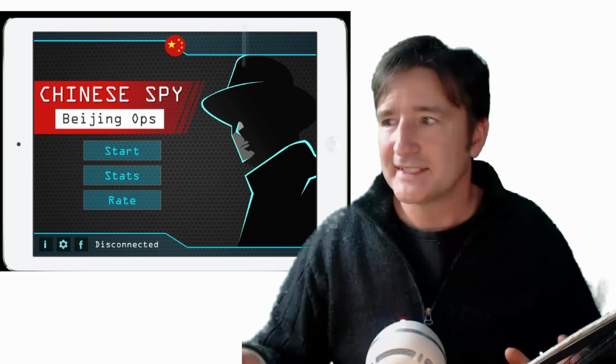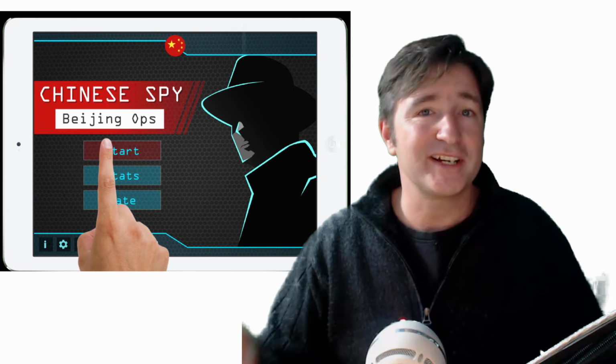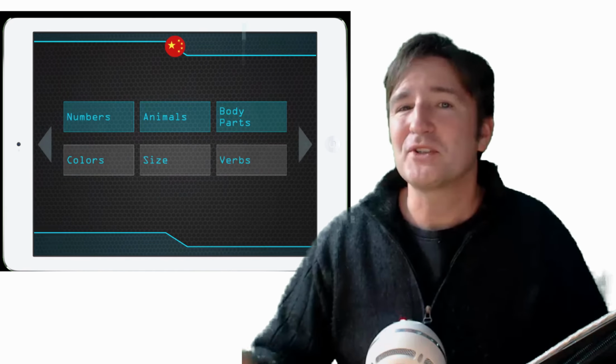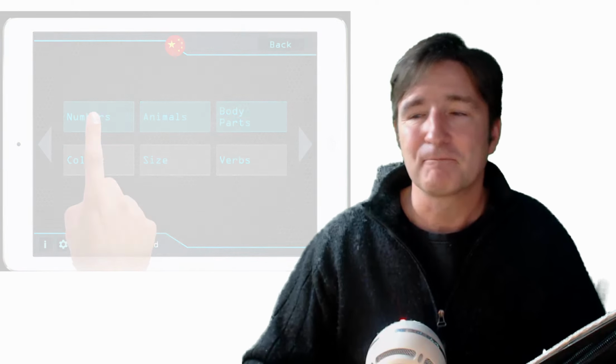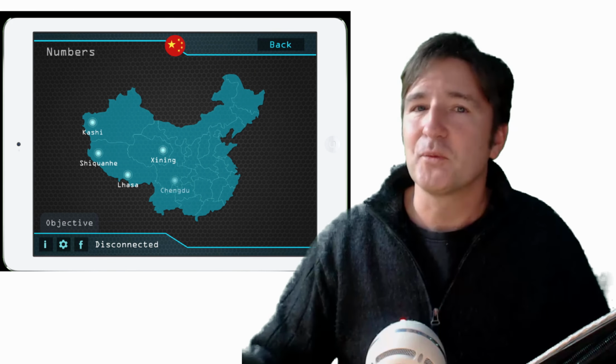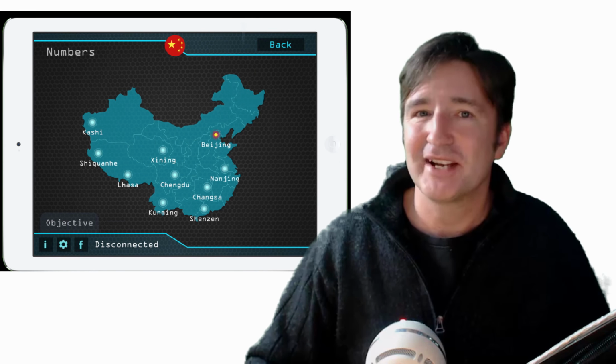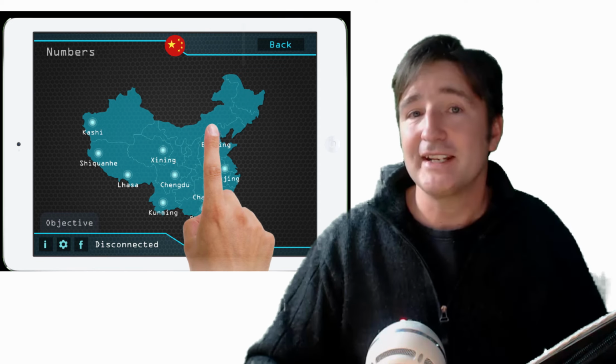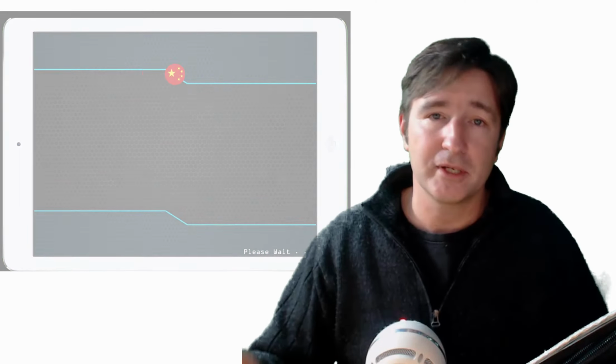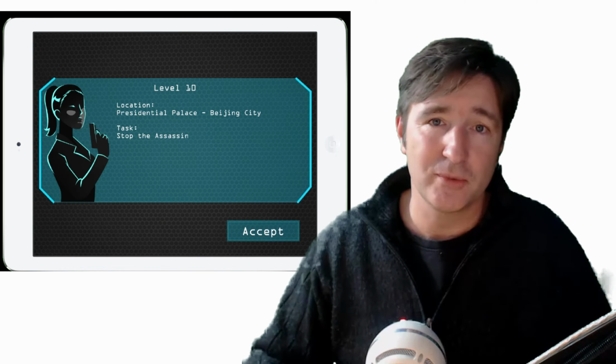So a lot of these apps, people think that they're for people who are studying those languages already. So no, we're trying to throw you into the deep end. We're trying to say, if the fate of the world depended on it, could you learn some Chinese? So please check out Chinese Spy. It's on the Google Play Store now. It'll be available on iTunes within the next 2 weeks.